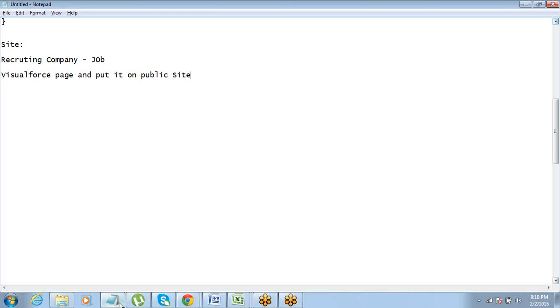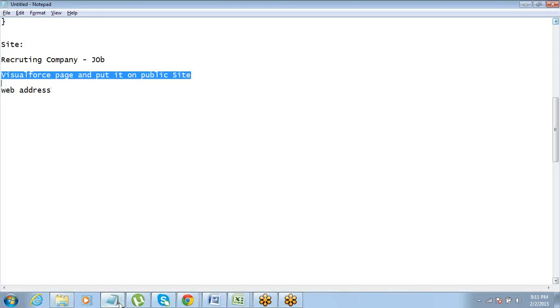Visual Force page we all can create. We have learned how to create it. But there is another thing. You need to have a web address, right? Where do you get this web address? So Salesforce.com provides you a web address also. So they provide you a subdomain. Okay, they will allow you to have your own subdomain registered. Okay, and you can host your Visual Force page on that subdomain.